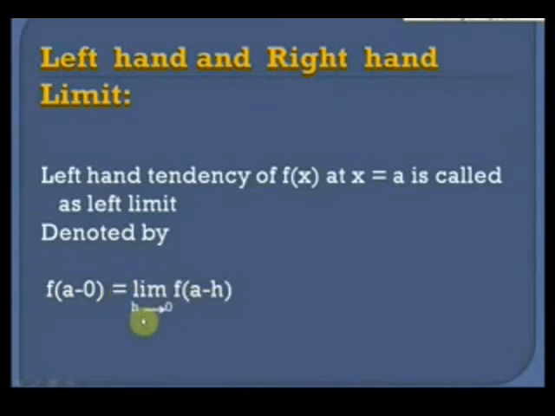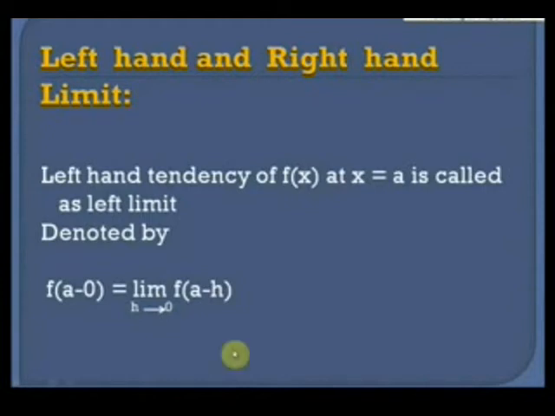Here h tends to 0, h is a positive quantity and it is very much close to 0, and we are taking the value x equal to a minus h, that is very much close to x equal to a, and the value of function f(a minus h) when h tends to 0 is called the left hand limit. Left hand because the point x equal to a minus h lies to the left side of point x equal